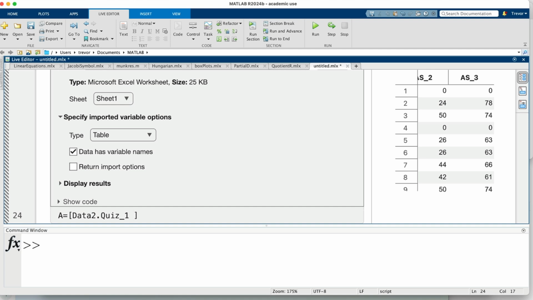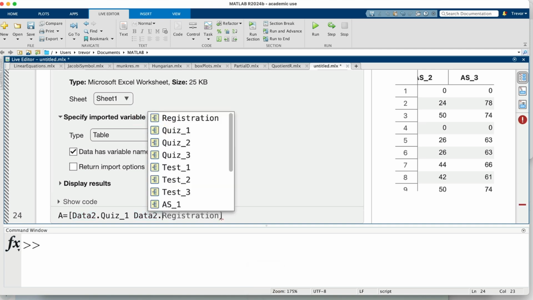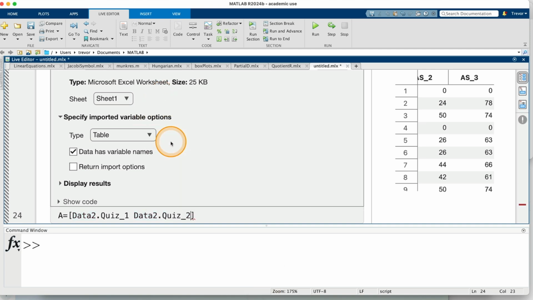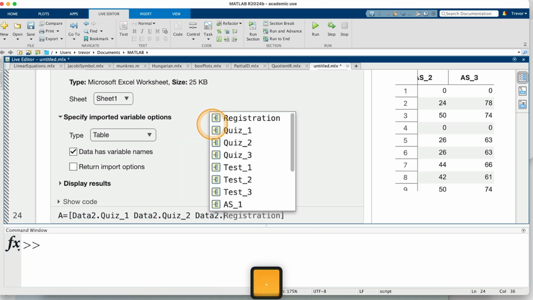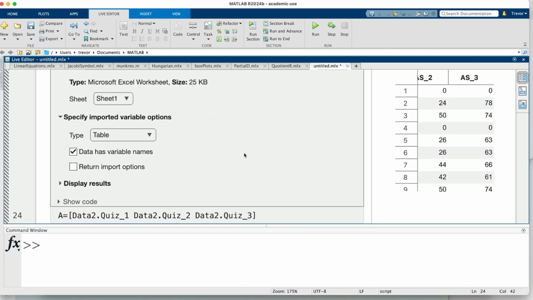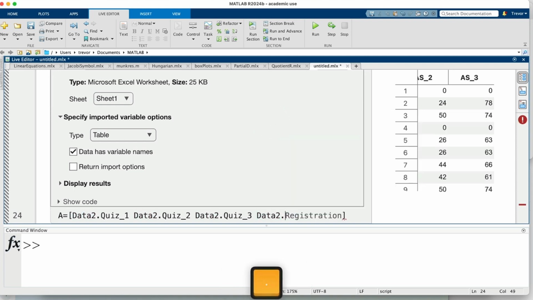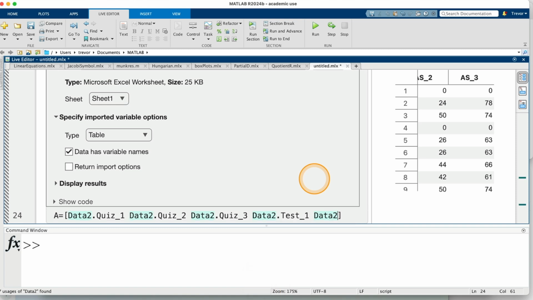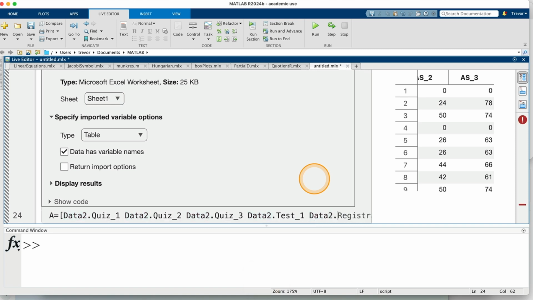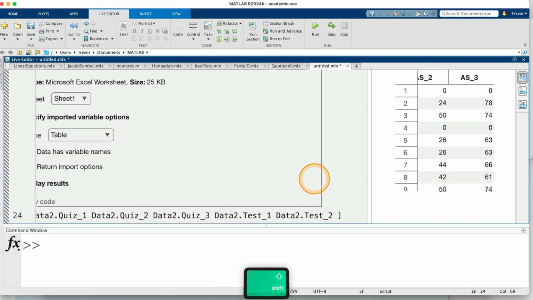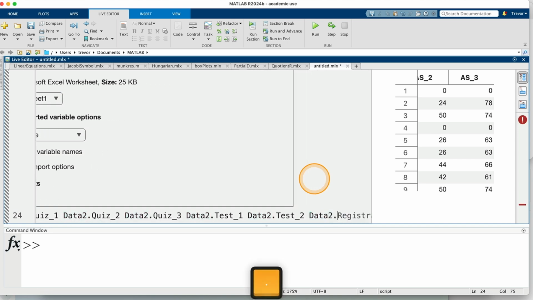I will extract information from the table data2, which is this one here, dot, to extract the column with quiz 2, I will pick quiz 2 here, space, data2, dot, quiz 3, space, data2, dot, test 1, space, data2, dot, test 2, space, data2, dot, test 3,